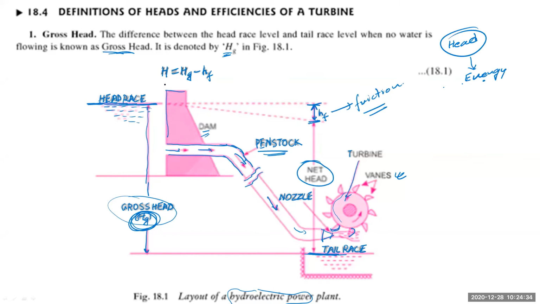If you see here, at the top location, the headrace, we have potential energy due to its height. Potential energy is energy by virtue of its height, and through that height the fluid flows through this penstock, and at the end we have this nozzle. As this water comes down, that potential energy is converted into kinetic energy by virtue of its motion. So that energy term is called head in fluid mechanics. Is it now clear?